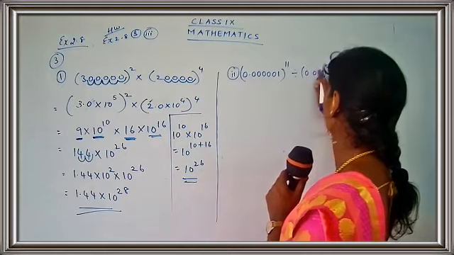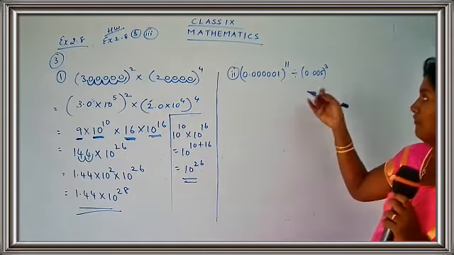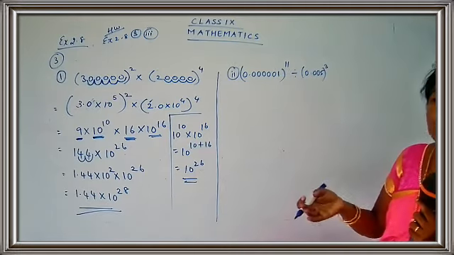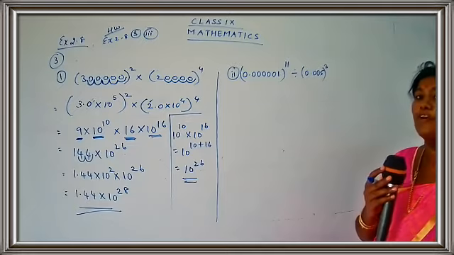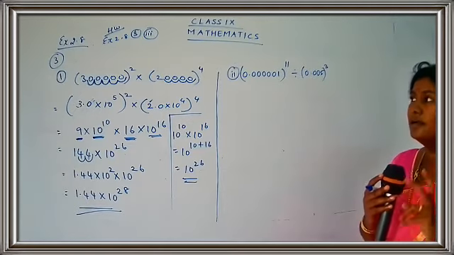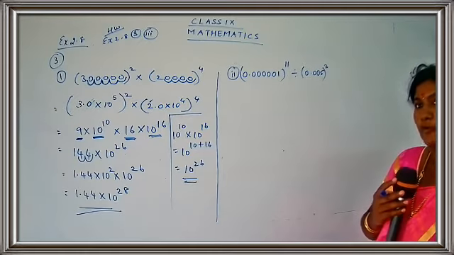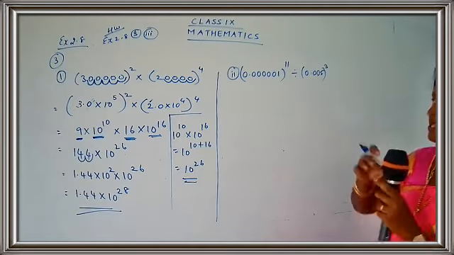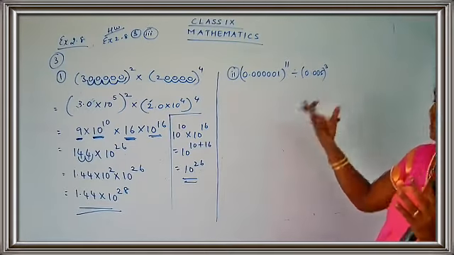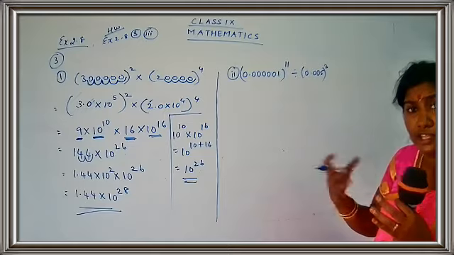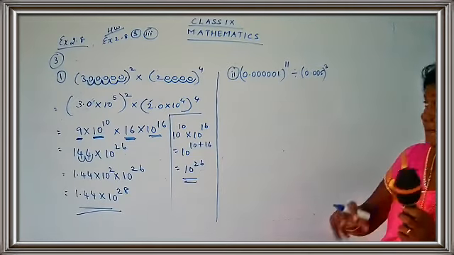Be careful when you write the question. Whenever you write the question, children, have a habit of rechecking it, so that if we have missed out any numbers, then we can correct it. Always have a habit of checking your question twice. That is the best way of doing maths. Because once the question is correct, automatically we are going to go for the correct steps. Yes, if the question is wrong, everything will be wrong. So have a habit of rechecking your questions first.